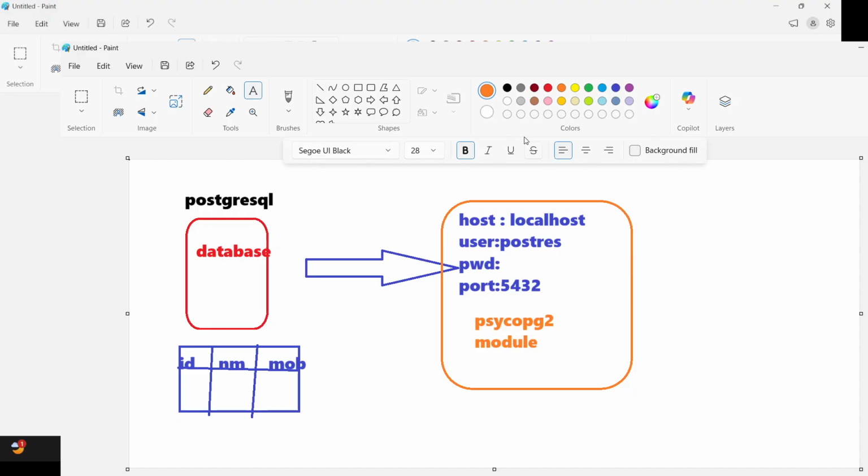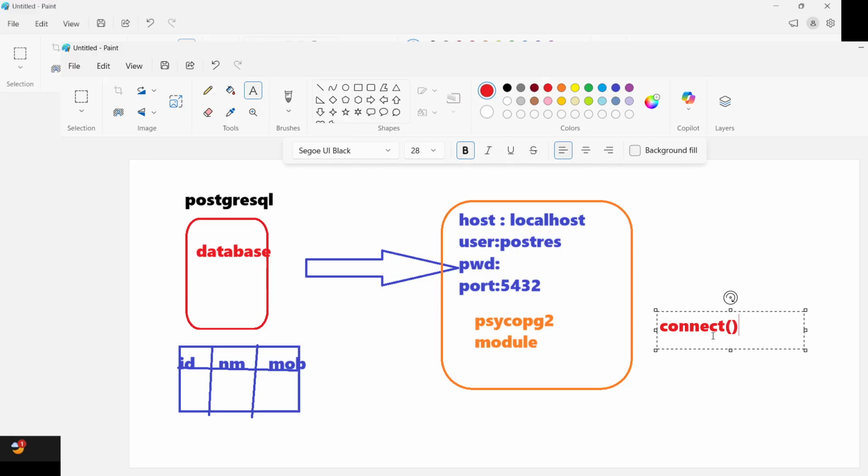There is one function whose name is connect. Before connecting, we need to pass the host name, username, password, port, everything. Whichever credentials we pass to this function after installing the module, our database gets connected.